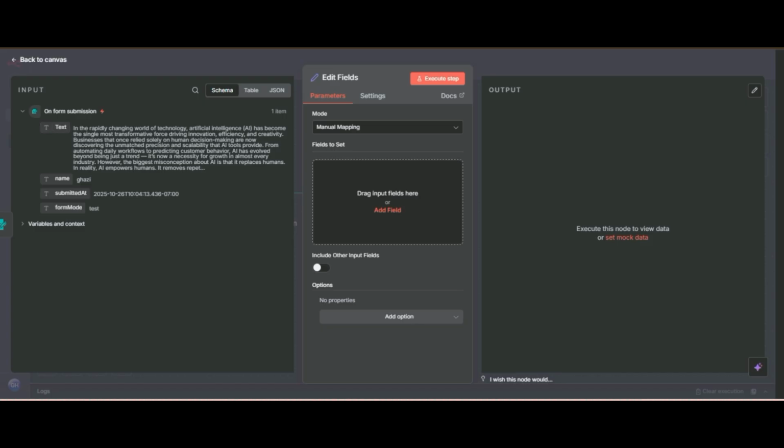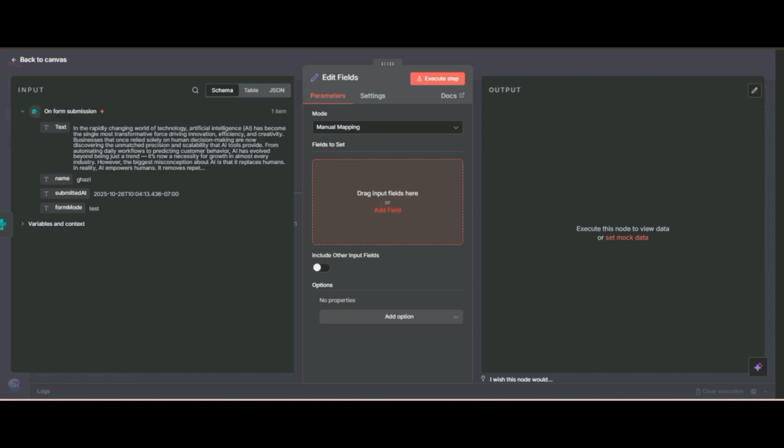So here we use Edit Fields for renaming the data. I hope you understand. Here the name is text, but I want to rename text to long text.